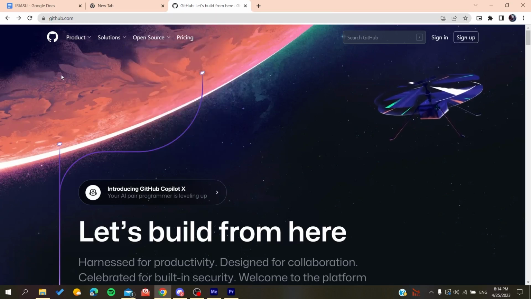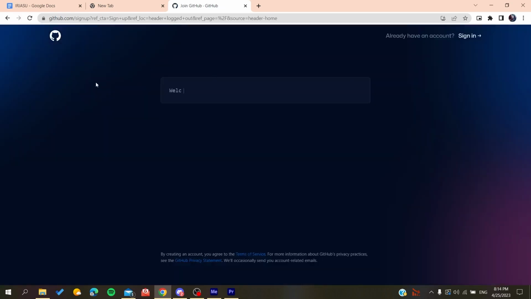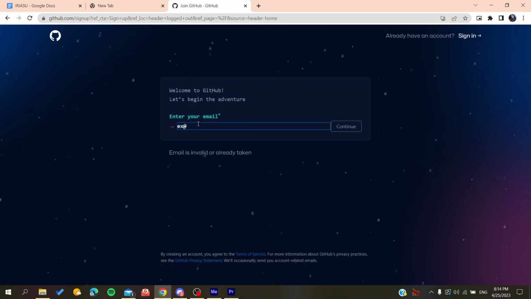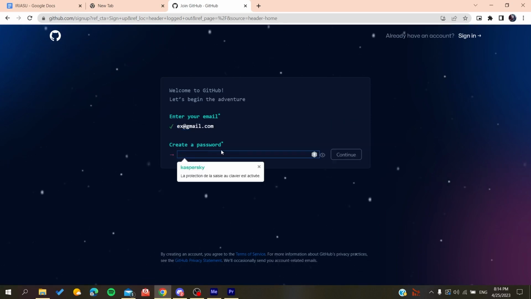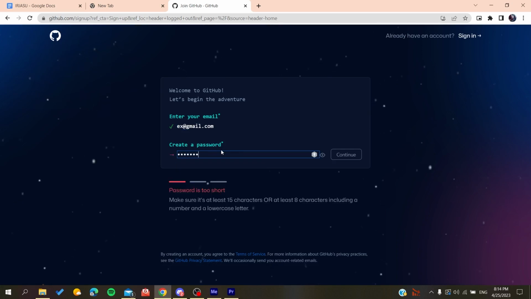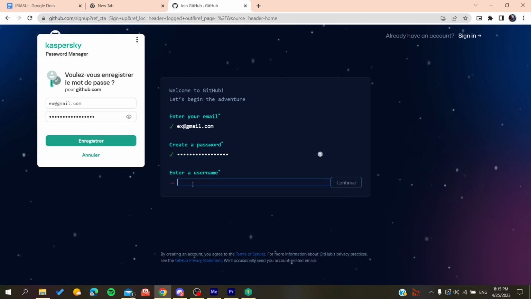And now we will need to create an account so we can use the GitHub services. So basically all we need to do is click on sign up and then it will redirect us to the sign up page. And now you need to add your email, gmail.com or any other email that you are using. You click on continue, you create a password. So if it was anything like that, you click on continue and then you will add a username, for example